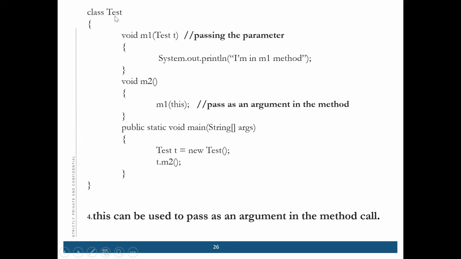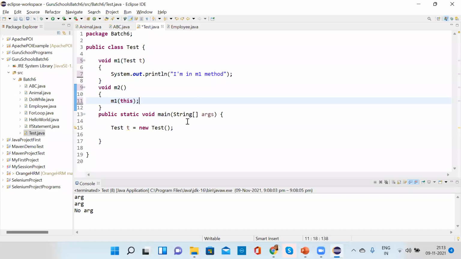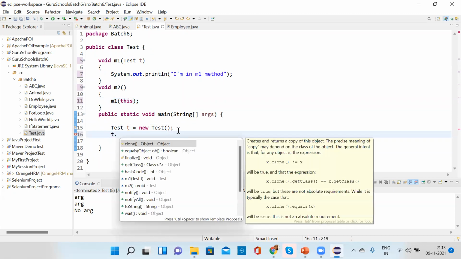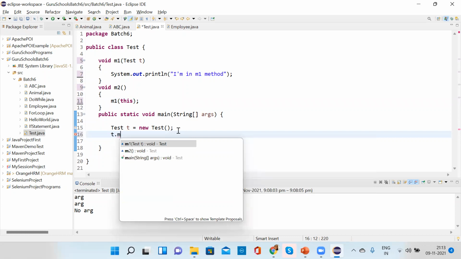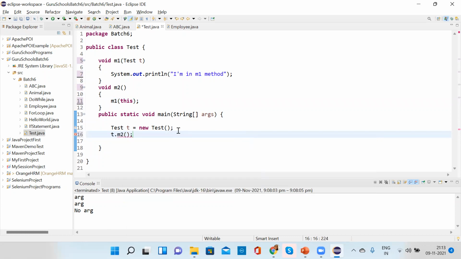variable of class type. Suppose I have created one object t, and I'm calling the M2 method on it with t.M2. Then what will happen? The M2 method will call M1 method and it will print I am in M1 method. We'll just check that.